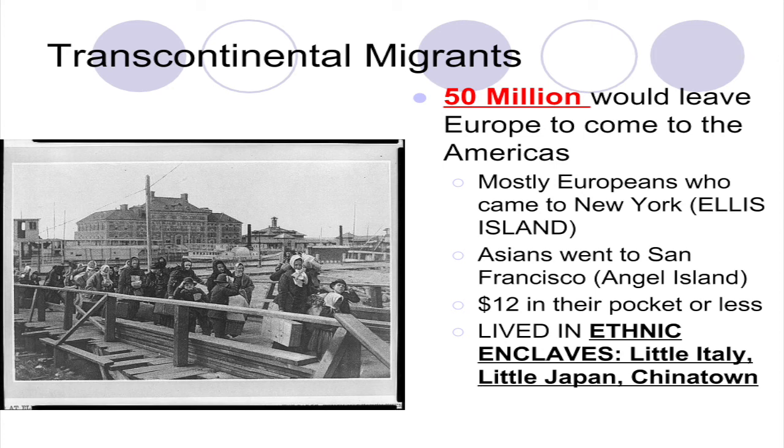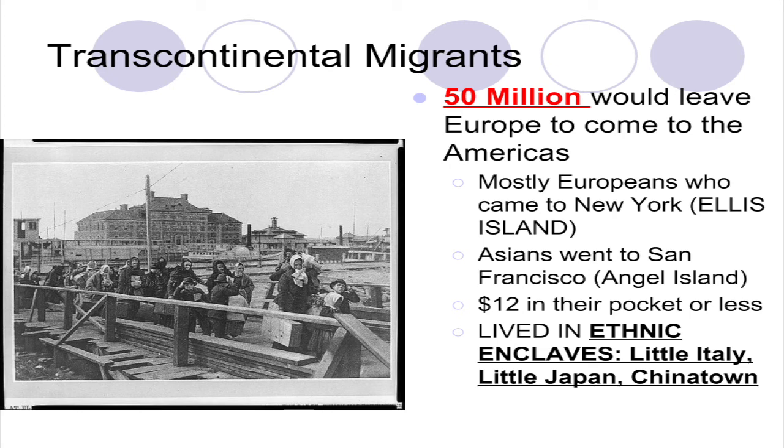About 50 million people are going to come to Americas from Europe for various reasons. Some left because they lost everything. Some wanted a new adventure, a new experience. And they came to America to really start new dreams. So, of course, the Statue of Liberty is a really big deal in the United States as it symbolizes all these new immigrants coming to the Americas in hopes of a better opportunity in life.